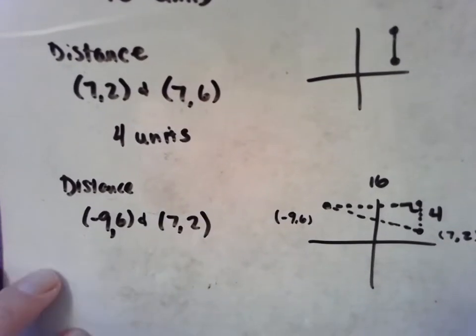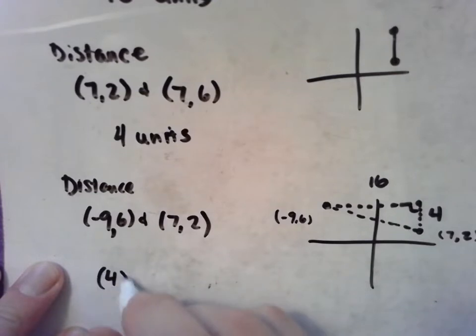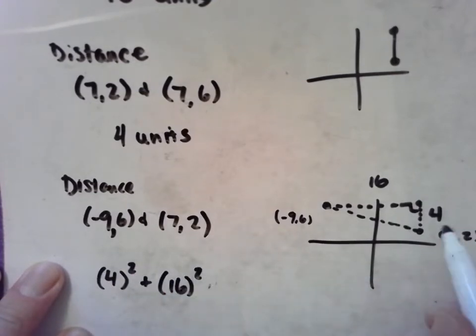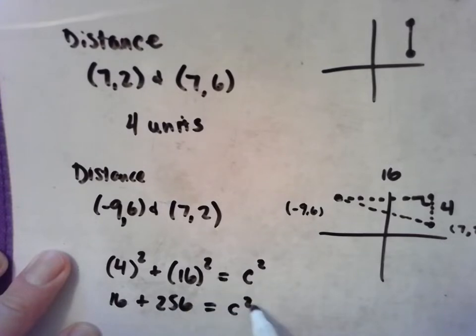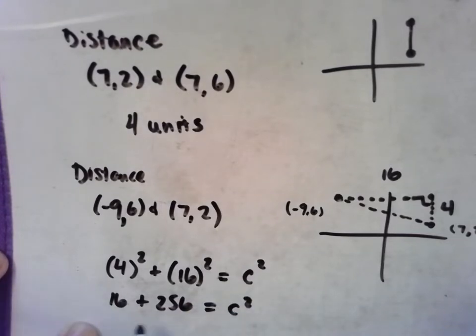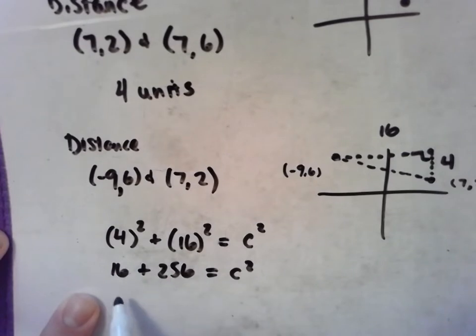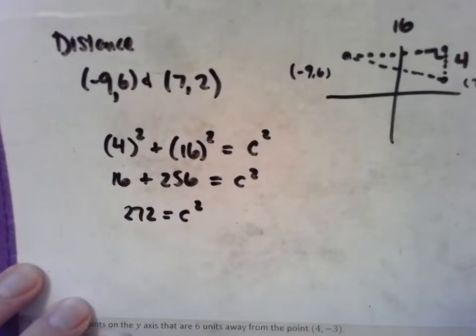And in order to find the hypotenuse of a right triangle, we would use our Pythagorean Theorem. Our a squared plus b squared, the lengths of our legs, equals the hypotenuse squared. So 16 squared plus 4 squared, 256 plus 16, equals c squared. If I add these together, then I would get 272. And when I square root 272,